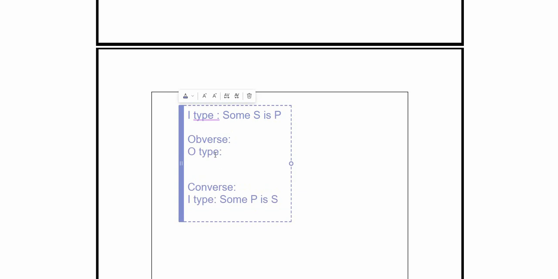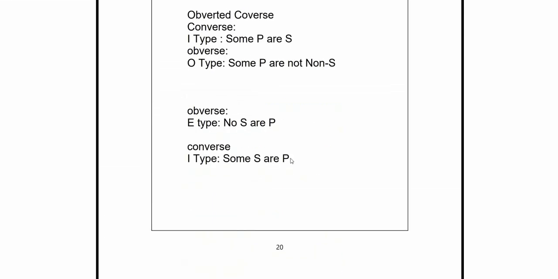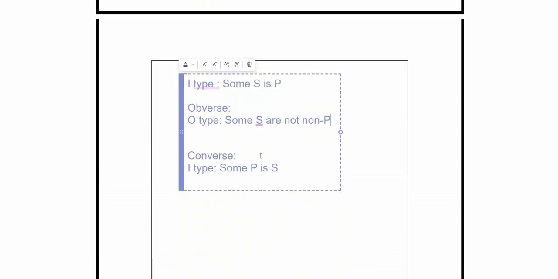Okay, A-E-I-O. So some S are not non-P. This is what the obverse will look like in I type conversion. I converted to the obverse is some S are not non-P. Now